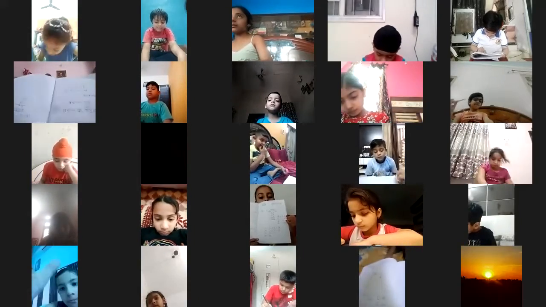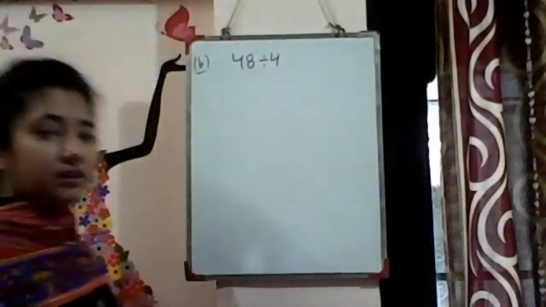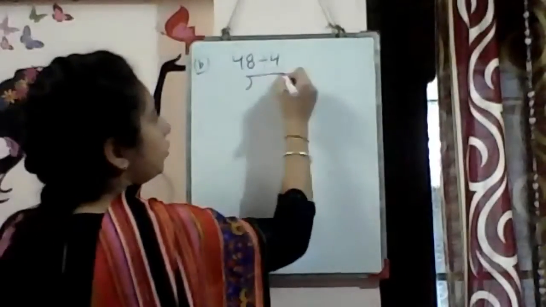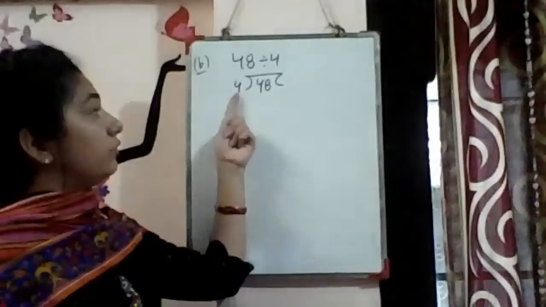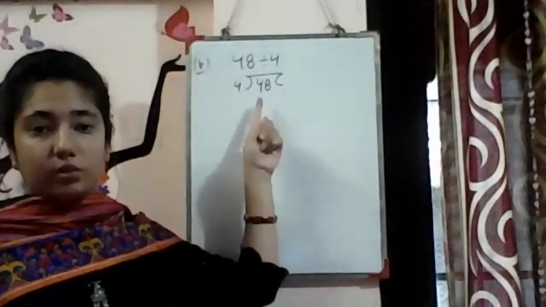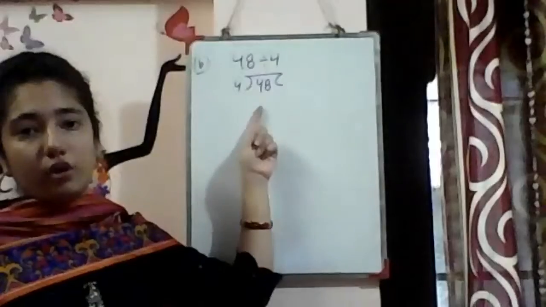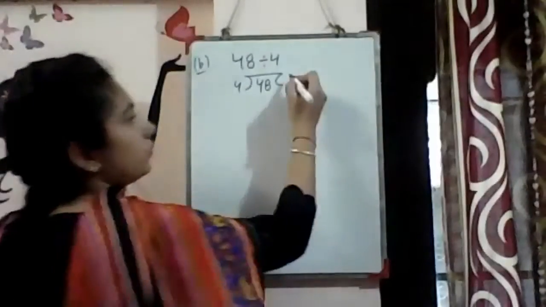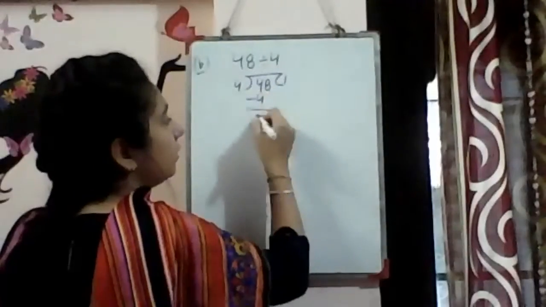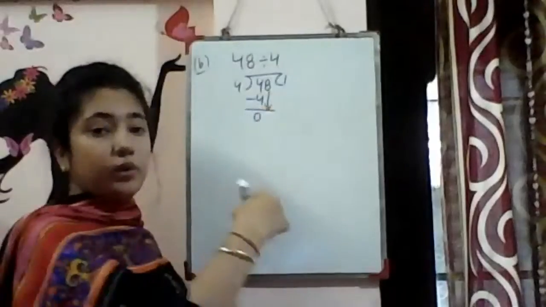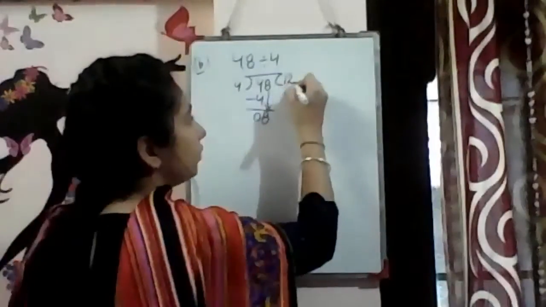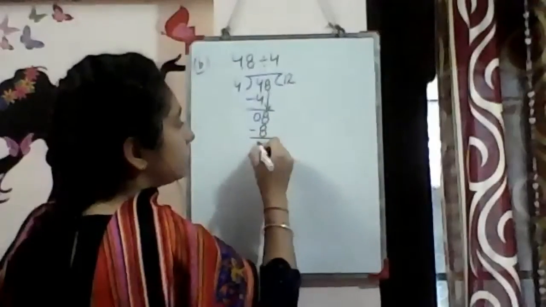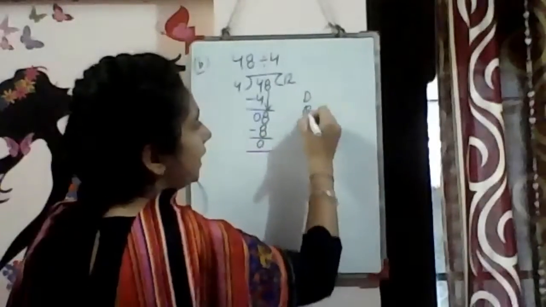Okay, so now I'm also doing this sum on the board. You can see. So 48 divides by 4. Firstly, we are going to divide 48 by 4 and simply 4 ones are 4, right? So here is 4. This is not smaller or bigger, this is equal to 4. So 4 ones are 4. So we will write 4 here and 0. And we will put down 8. And here we will write 8. 4 ones are 4. 4 twos are 8. So 2 will be written here and 8 here. So 0.